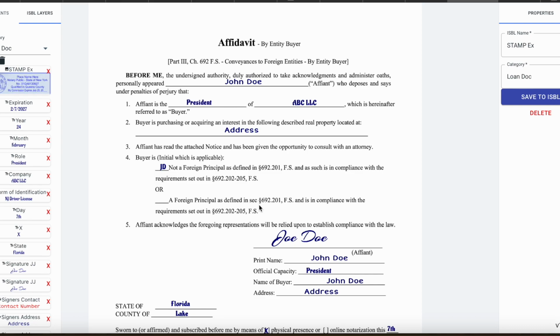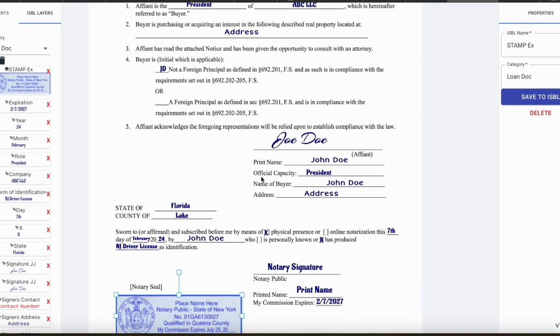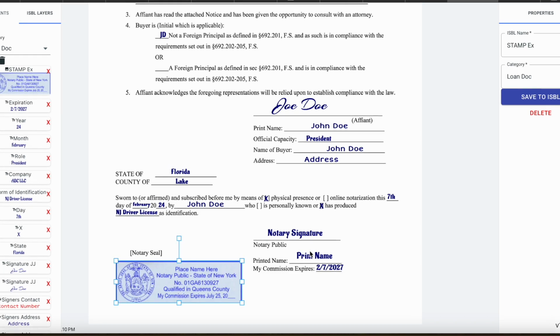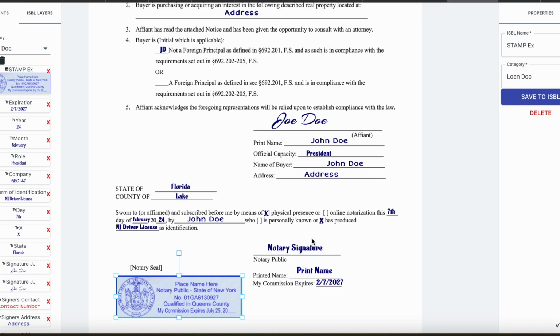So it's letting them know, like if they were the manager, John Doe, the manager, he's signing as the manager of this company. In this case, he's signing as the president of this company. That's his capacity. Okay. And making sure you X off physical presence or online notarization, what ID they produced, if there was an ID produced, and that you stamp, sign, and fill out pretty much the whole notarial cert, which is also known as the notarial language part of the document.